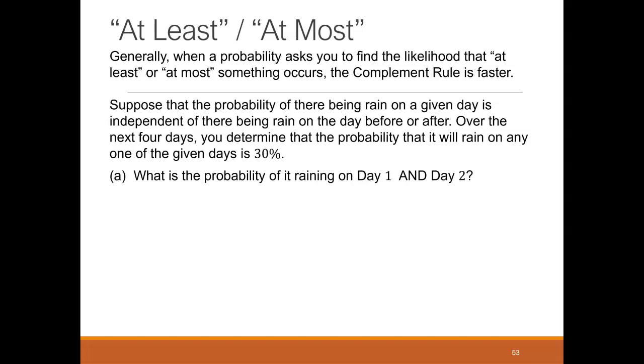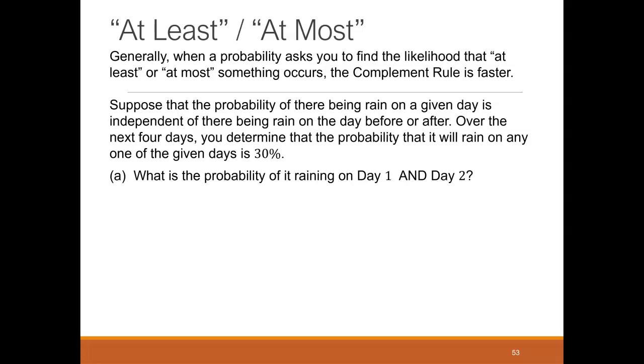We're going to look at some now at least and at most questions. So in at least or at most questions, oftentimes you want to ask yourself, is it going to be easier to calculate specifically like at least 5 if that meant adding up P of 5 and then P of 6 and then P of 7 and then P of 8 and P of 9 and P of 10 and P of 11 and P of 12? Or would it be easier to do 1 minus